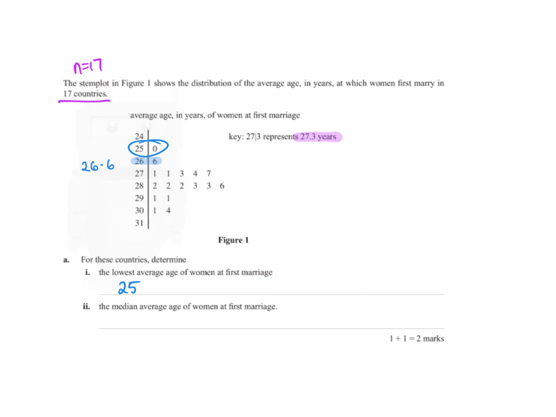And then the median average age for women at first marriage. We can find n plus 1 divided by 2. It was 17 plus 1 divided by 2, so it's the 9th spot. If I go and count 1, 2, 3, 4, 5, 6, 7, 8, 9. So it was